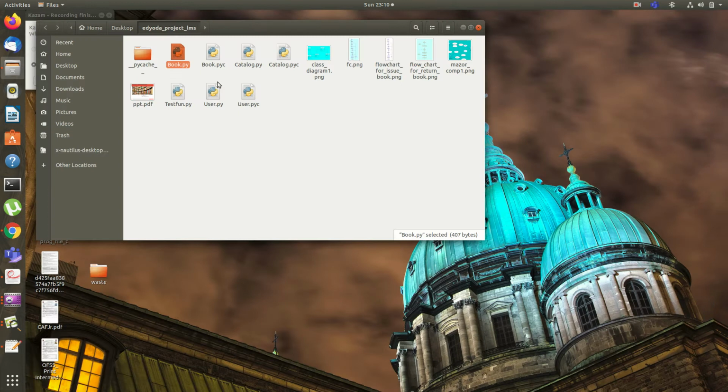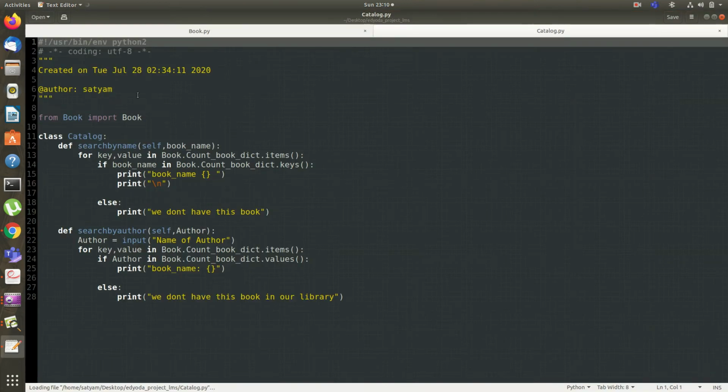And the second file is catalog, where this is the catalog class, for which we import the class book from the file book.py. In class catalog, two functions are defined. The first is search by name, and the second is search by author.